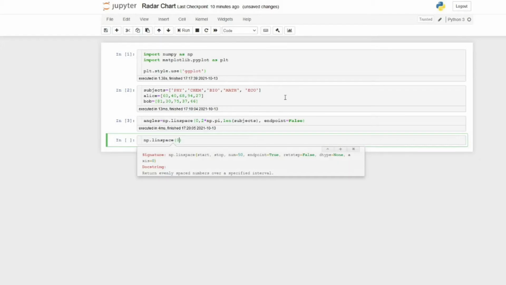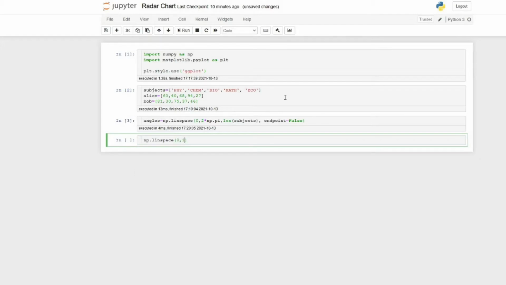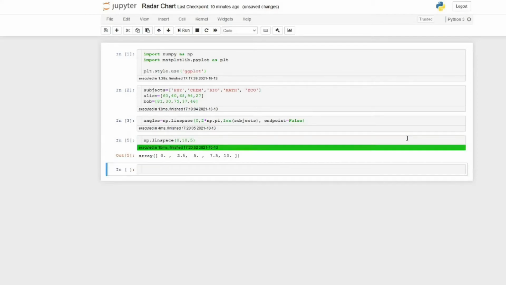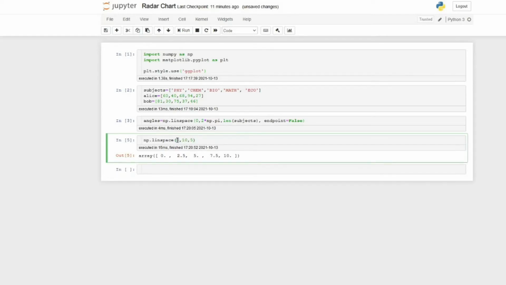For example, if I give 0 and 10, and then 5, it will give 5 data points: 1, 2, 3, 4, 5. So the first is the starting point, this is the ending point, and this is the number of points.